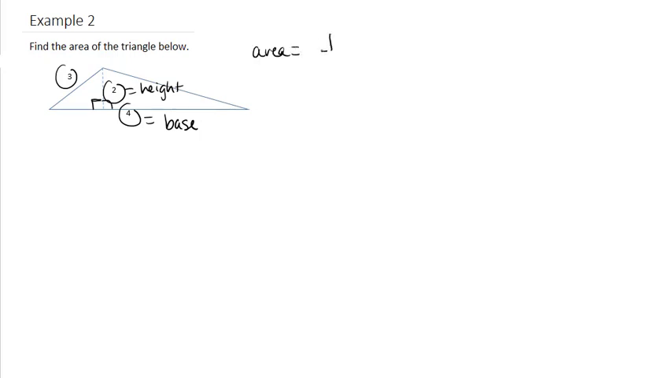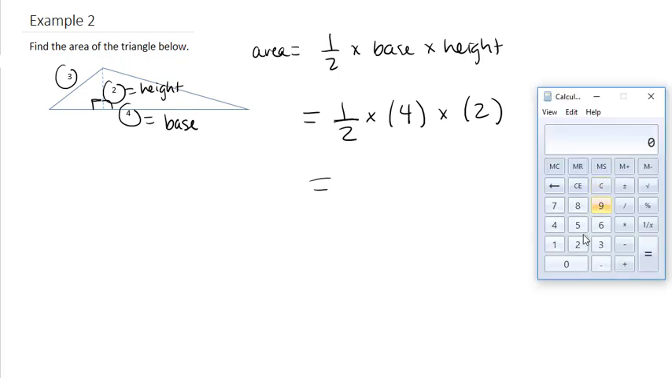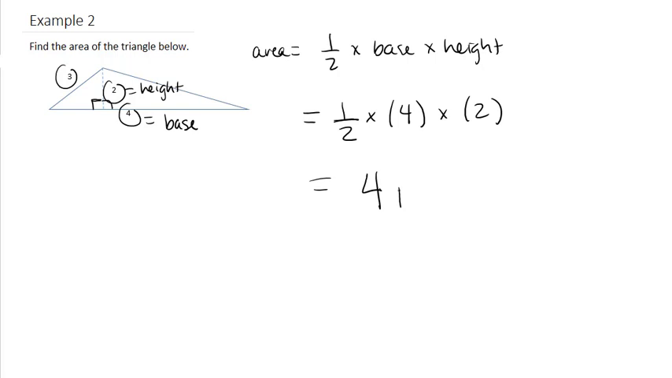So our area is equal to 1/2 times base times height. So we get 1/2 times our base, which is 4, times our height, which is 2. So we can get our calculators out. We can go 4 times 2, which is equal to 8, and then we'll divide it by 2, as this 1/2 is dividing it by 2, and we get 4